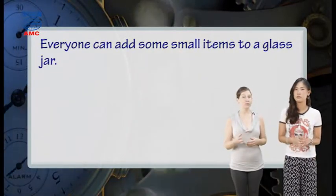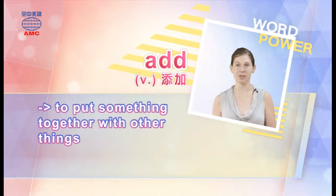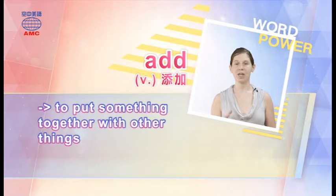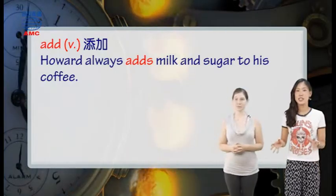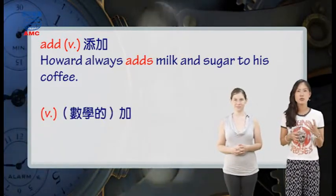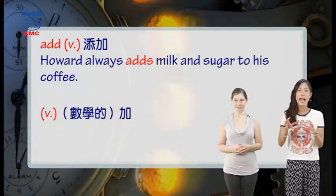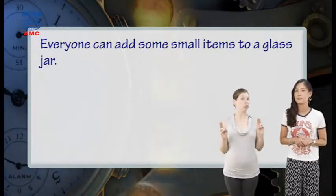Now, the word add is a verb. It's spelled A-D-D, add. Here, the word add is showing that you put something together with other things. We often see this word add in math class. It means to put two numbers together to make a bigger number. An example sentence could be, Howard always adds milk and sugar to his coffee. One more time. Howard always adds milk and sugar to his coffee. Add 这个动词呢是添加的意思，还是数学当中加法加的动作。那我们例句提到呢 ，Howard 总是会在他的咖啡里面加入牛奶还有糖。